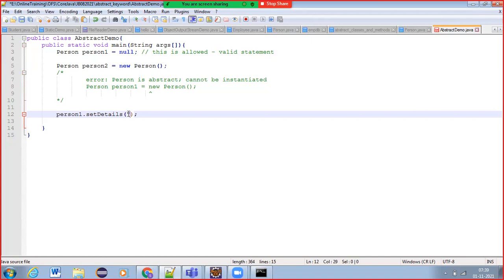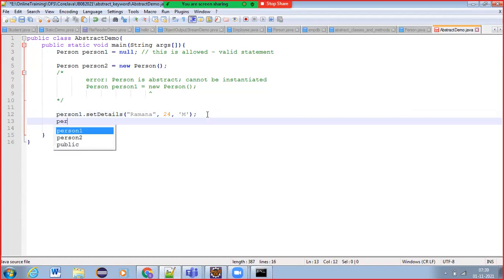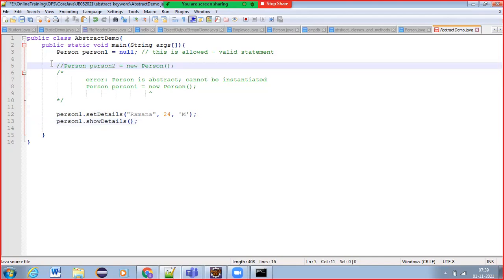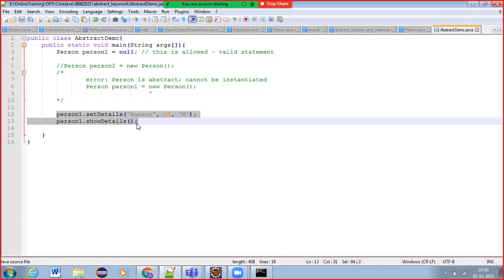Name is Ramana, age 24, gender M. And I can say person1.showDetails. It will compile perfectly and not give any error. I have to comment out the new Person also. Only a reference variable I can create, and that reference variable I can use to invoke the methods from the Person class.